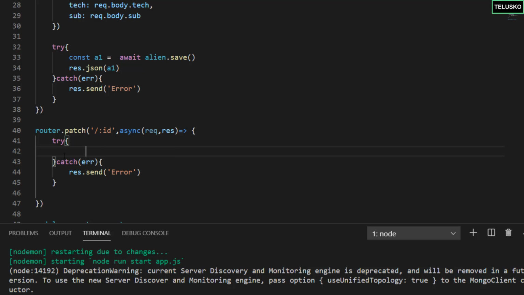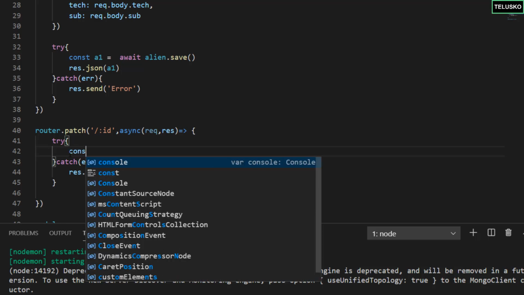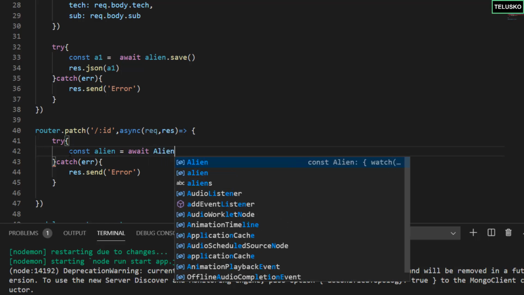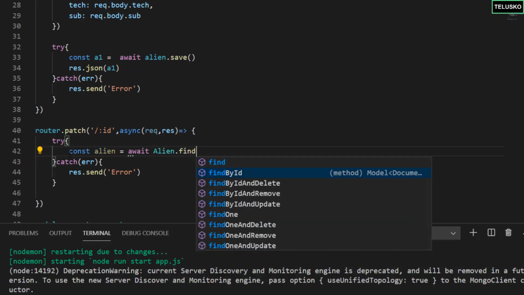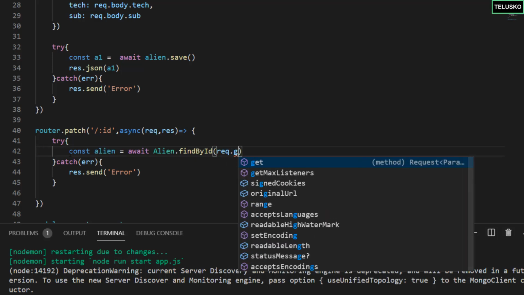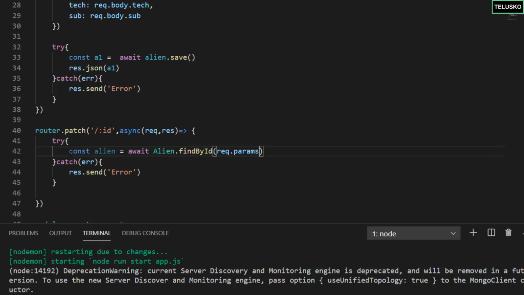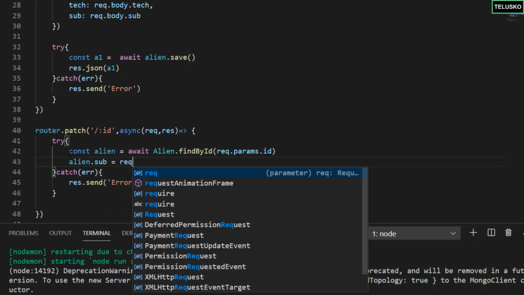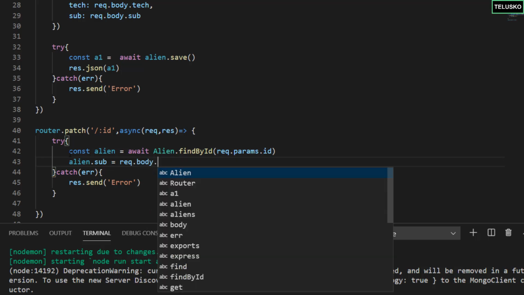So in this patch, what we can do is first we have to fetch a particular alien, right? For which alien you want to change the data. So I can say const alien equal to await Alien.findById, and you have to mention that ID here. You will say request.params.id, the same thing we have done for the get request, right? Now once you got that ID, you will simply change the alien. So you will say alien.sub equals the new status, which is request.body.sub,